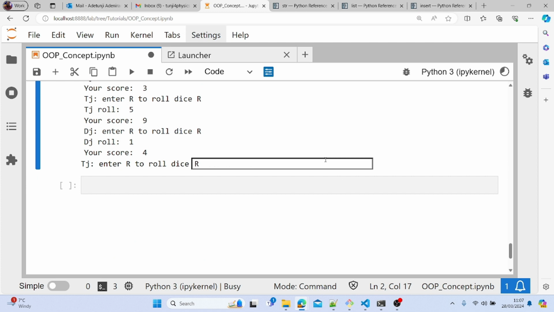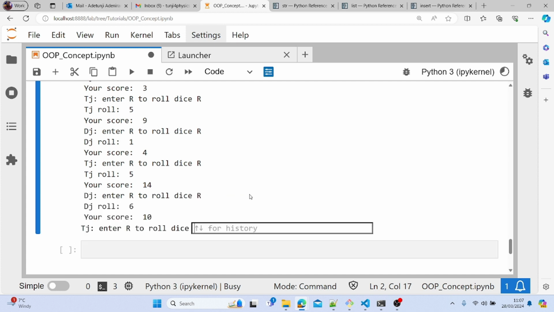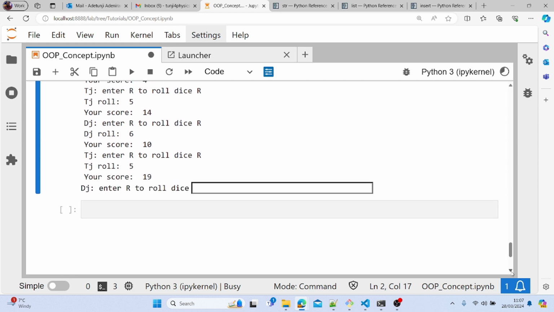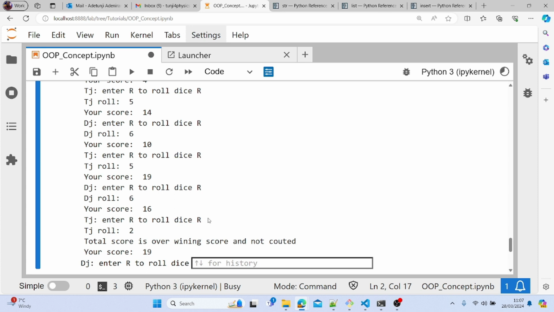Now TJ's turn. TJ rolls 5, so it is 14, and now DJ's turn. DJ rolls 6 and becomes 10. TJ's turn. TJ rolls 5. TJ gets to 19, and DJ's turn. DJ rolls. DJ gets to 16. TJ's turn. TJ rolls now. TJ rolls 2, which takes TJ's score to be over